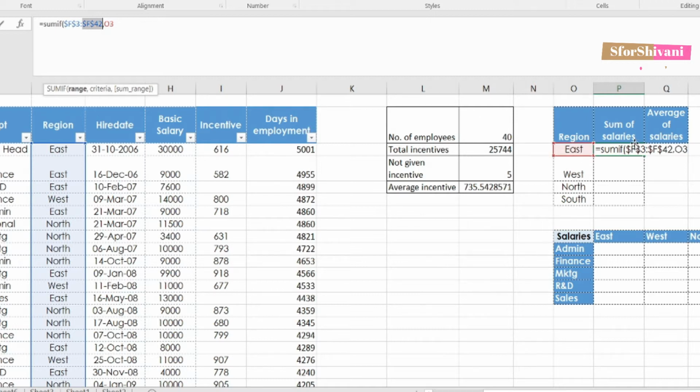And my criteria is O3, which will change as O4, O5, O6 as I drag and drop my formula down. So O is remaining fixed. I am adding a dollar sign before this, and the number of row is getting changed, so I'm leaving it as it is.